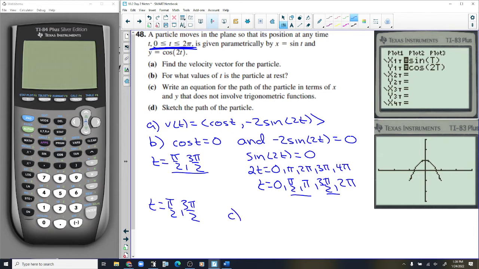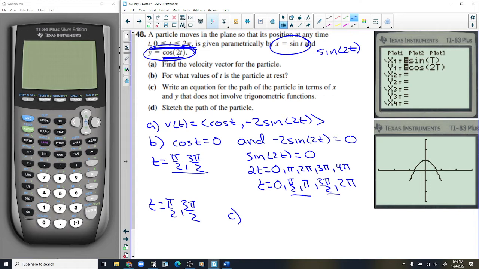And then letter C. Write an equation. Well, we have this one right here and this one right here. And I got to eliminate the t. But if this said sine of 2t, it would be fine. They'd be exactly the same. And we'd have x squared plus y squared equals 1. We'd have a circle. No problem. But they're not the same. But we have this